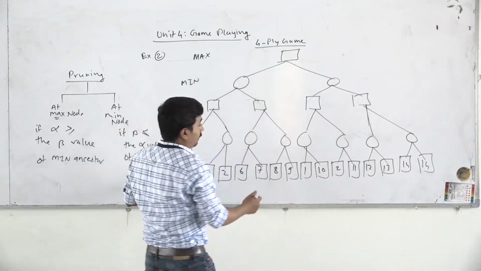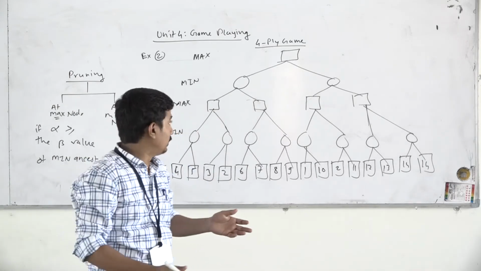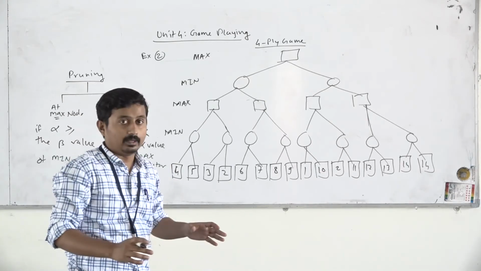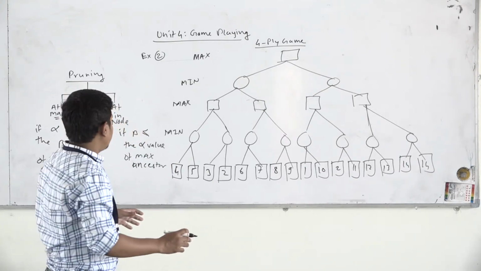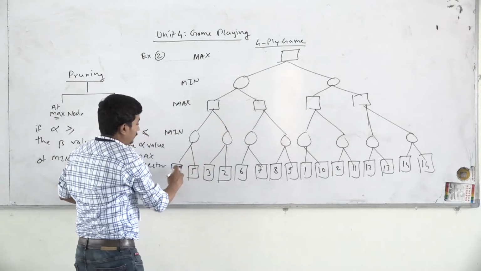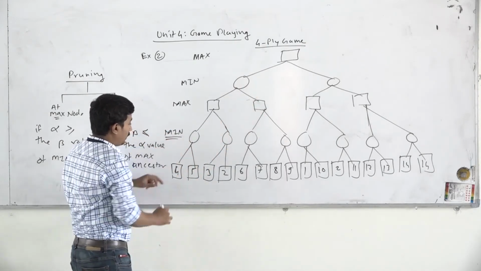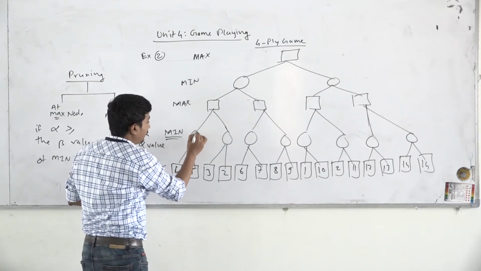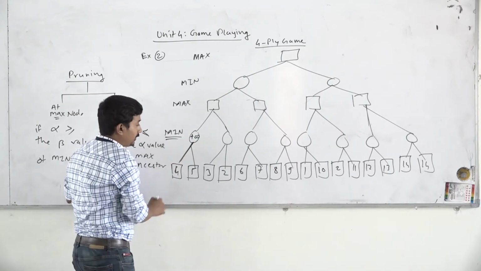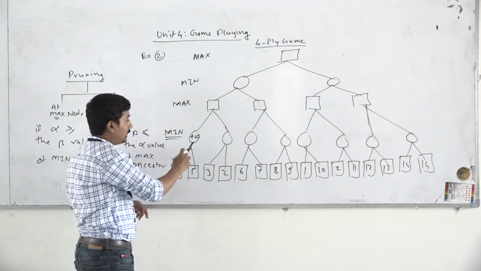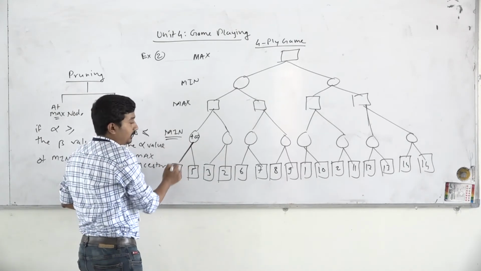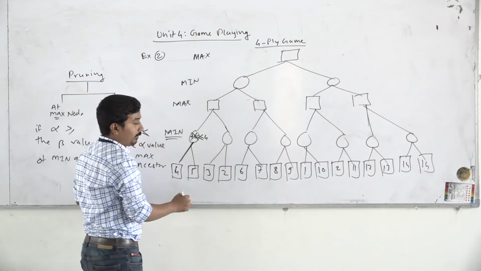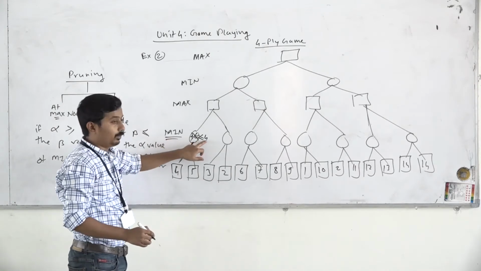In the previous method it becomes very complicated to maintain all the values, so I will use a simplified way. We will traverse in depth first search manner. Now this is a min node. Initially it will be plus infinity, right? Now 4 is visited. The min node wants to minimize this value, as 4 is less than this one, so it will be updated to 4. So it is expecting a value less than 4.